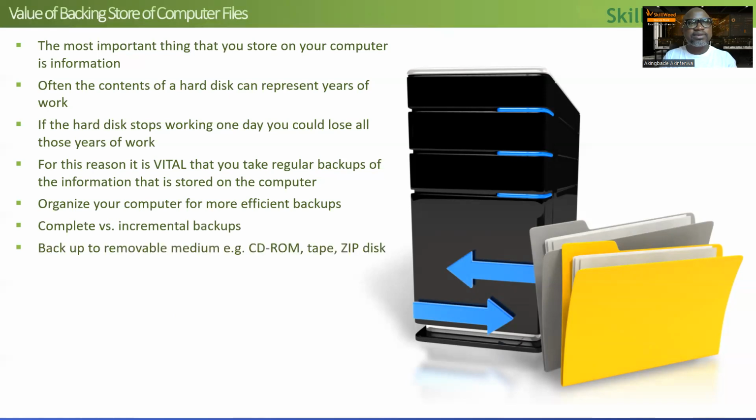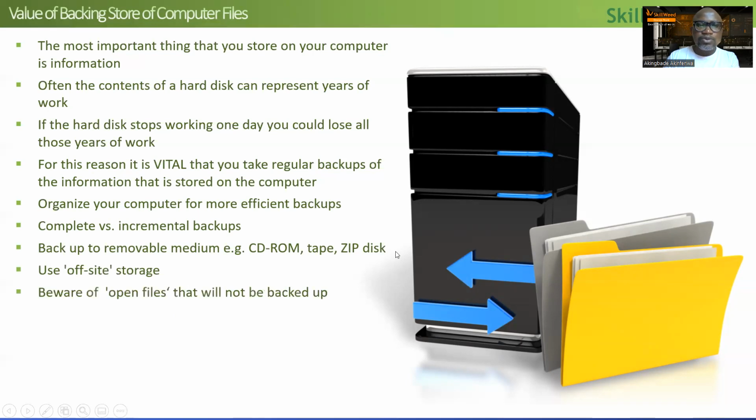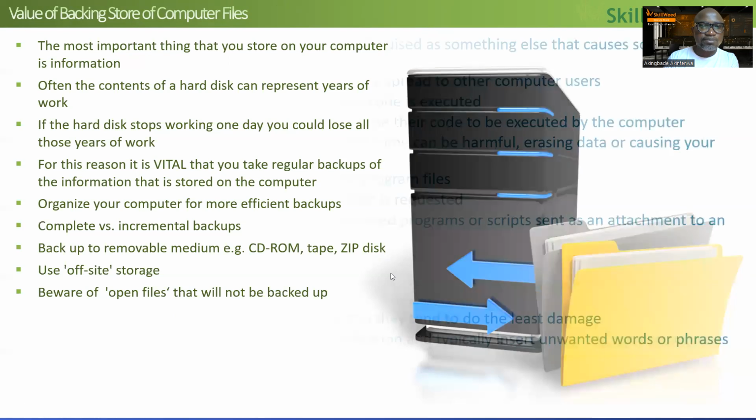So we'll talk generally about some of the backup process. Complete is just a full backup. Incremental backup means at certain intervals, you are backing up in incremental phases. That's what it means. Some people use an offsite location to back up because they don't want to invest in a physical location within their facility, which makes sense. It's cheaper. They don't have to worry about all the complexity of managing a backup system.